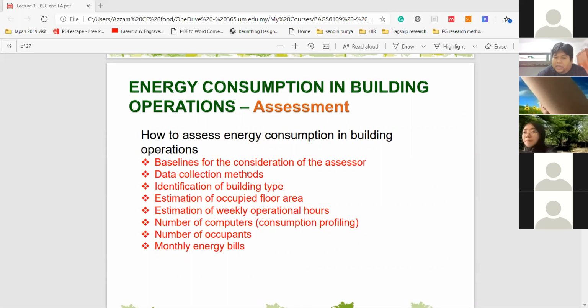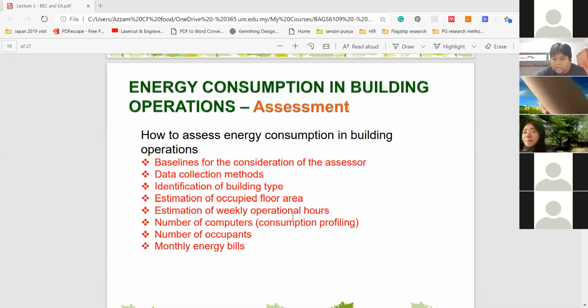Okay, and then you need to look at the data collection methods. You have to identify the type of building, whether or not it's a school, it's a theater. A theater will probably use a lot of electricity because you have to use more air conditioning to cool down a really large space. So even in a university kind of setting, certain buildings will use more aircon than another building. So a building which has got a lot of lecture halls will use a lot more electricity. The library will use a lot more electricity in comparison to, let's say, offices or labs. So you need to identify these buildings, and then